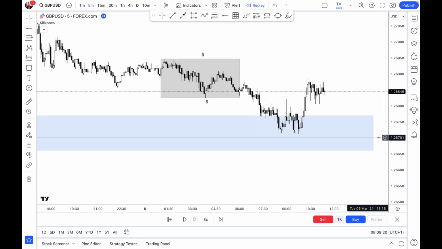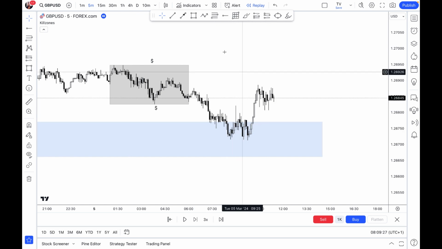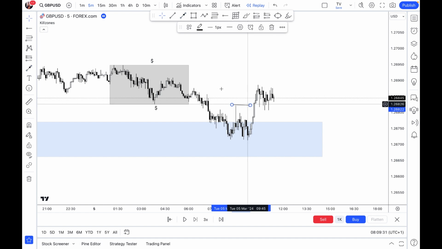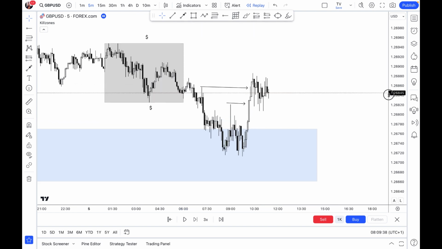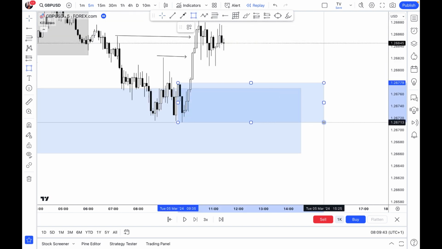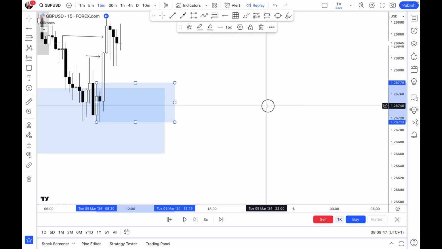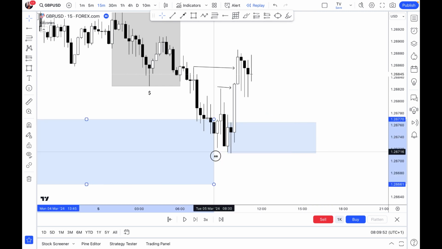Just like our criteria, when we want to buy, we want to see the Asian range low be taken, we want to see price tap into a demand level, and we want to see a break of structure. Okay, so we had a double break of structure. We had that high being taken out, and we have this high being taken out, and the market left behind this level of demand right here. So you can see we had this level of demand at this zone.